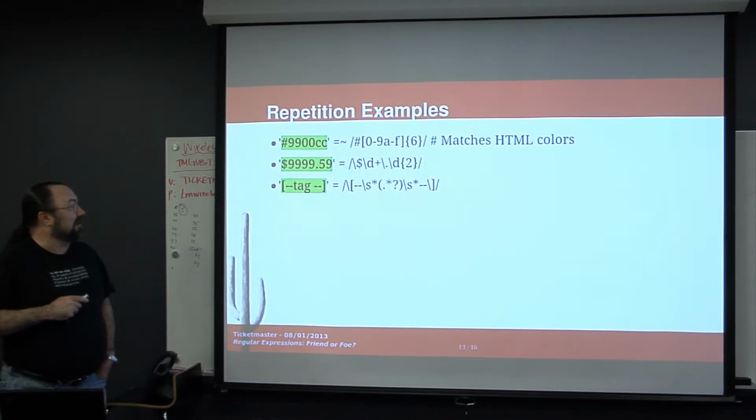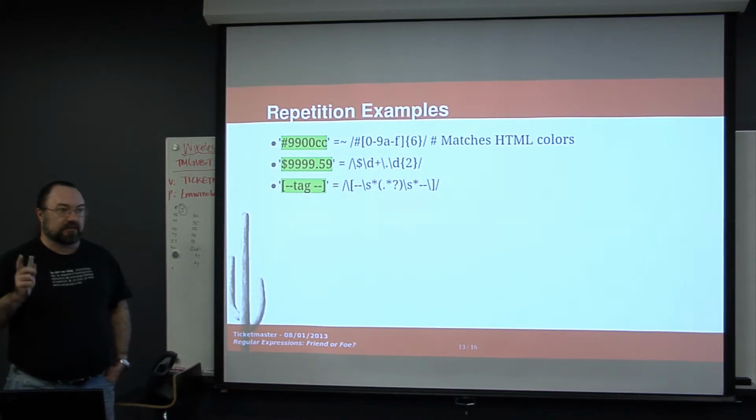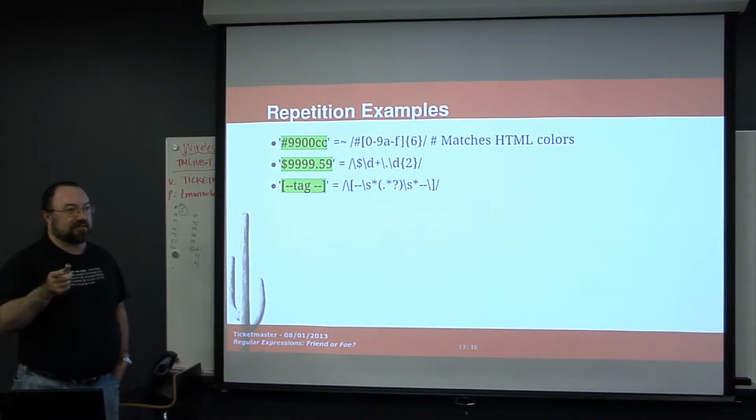This one here, I'm kind of alluding to. You're going to see constructs like this a lot in my next presentation, so I kind of use it as an example. What we've got, you remember, is a character set character, so we have to backslash it. Then we've got 2 dashes. Those don't have any special meaning, so we don't have to backslash those. Then we've got a backslash S, which you remember is white space.